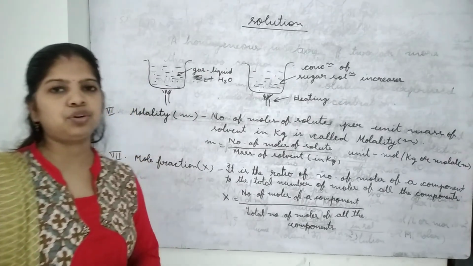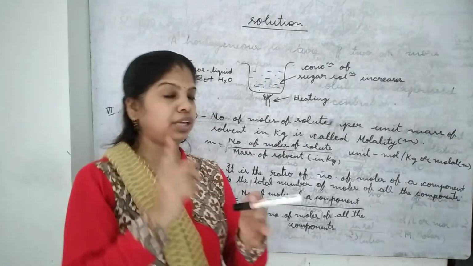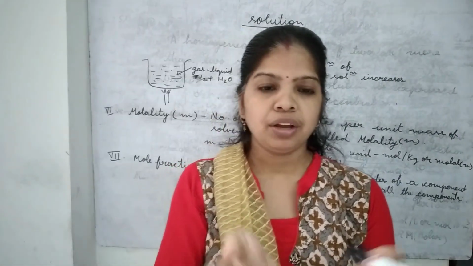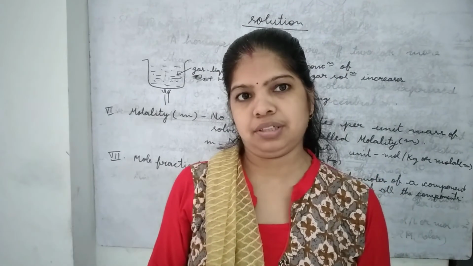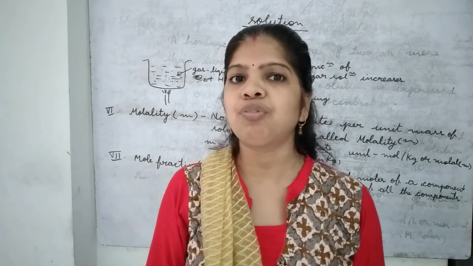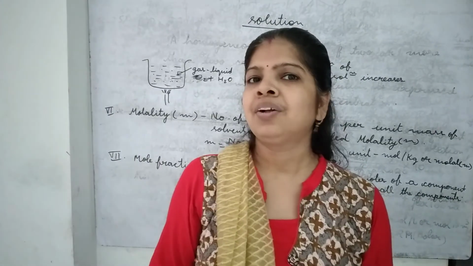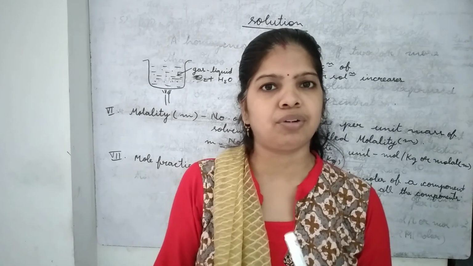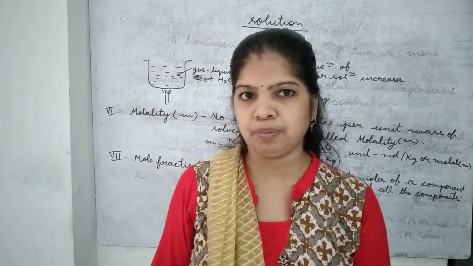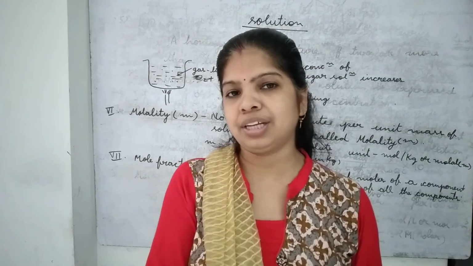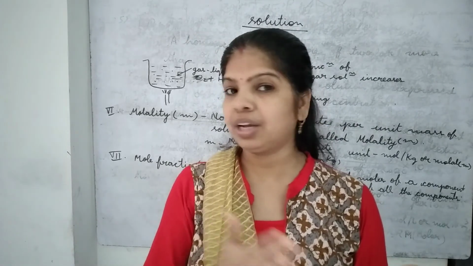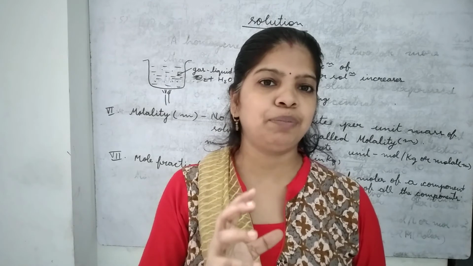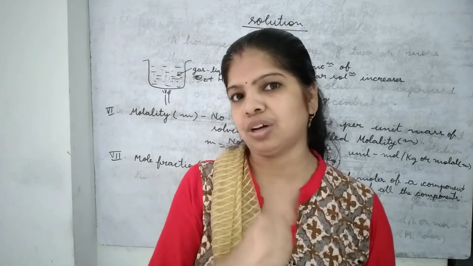First let me explain through binary solution. And one more thing, binary solution is what? Binary solution is a mixture of one solute and one solvent. If it is a homogeneous mixture of one solute and one solvent, then that is called binary solution. Suppose we are taking salt solution, salt and water, salt is solute and water is solvent, or sugar solution, sugar is solute and water is solvent. So such type of solution is called binary solution.